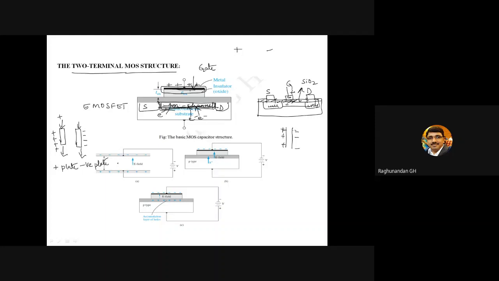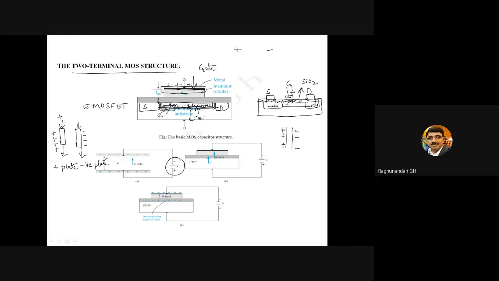See, this is one plate which is connected to the positive. This is the other plate which is connected to the negative. Because of the electric field which is applied from the positive plate, that field is going to energize the charges which are already present in the plate. And if you are going to have positive charges here, automatically it is going to induce the negative charge, because carriers will be already present.